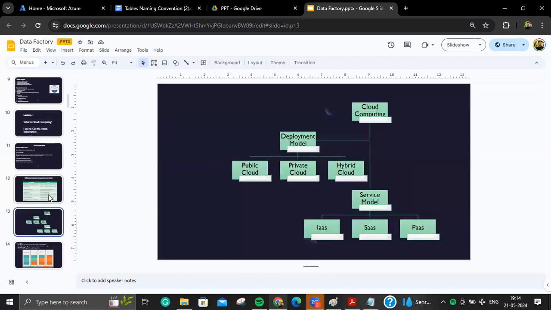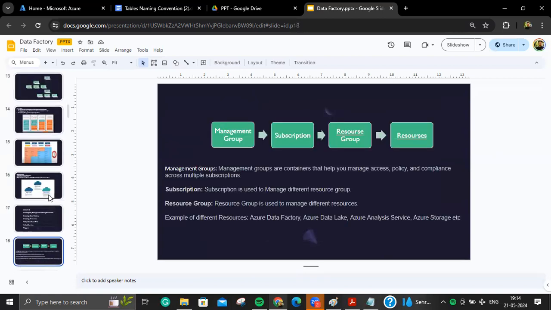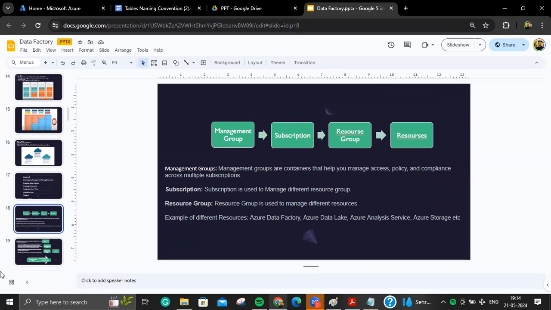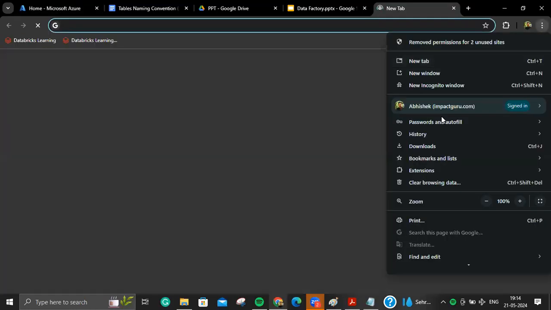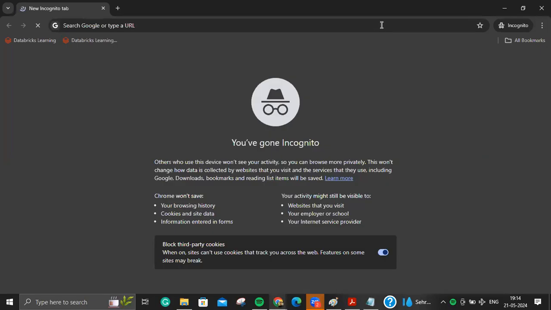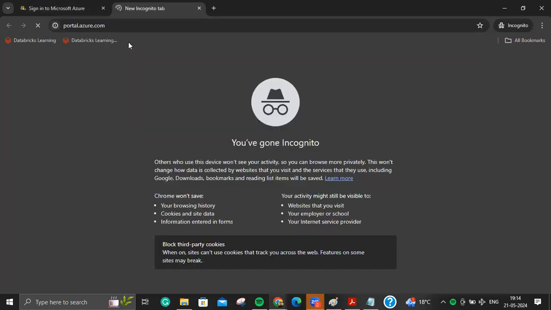Now I have also provided you the different models, right? And yeah, so now this is the space which we will talk about. So you can star mark this portal.azure.com. So let me go to this incognito window. Yeah, so you need to star mark this portal.azure.com because mostly we'll work on this portal.